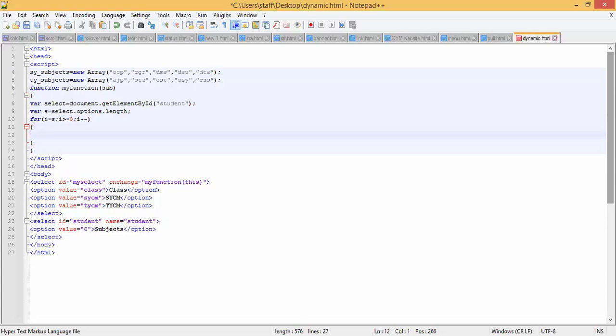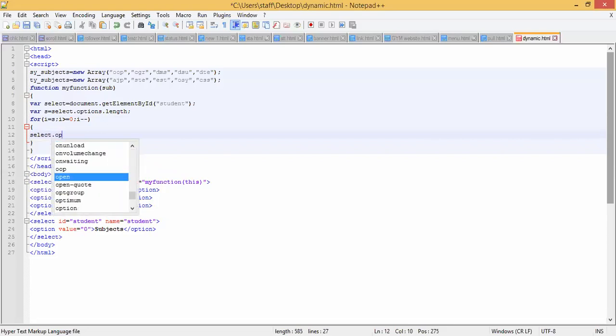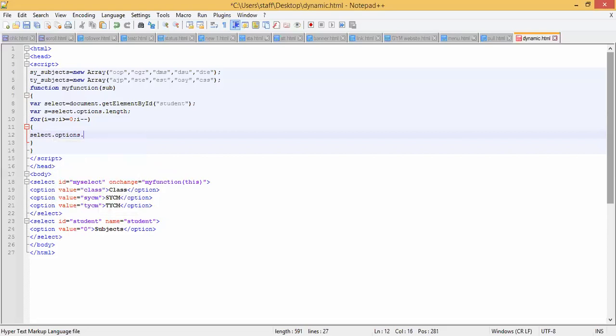In this, we will be writing select dot options dot remove, passing i in that, semicolon. Okay. Then again we will be taking outside of the for loop.